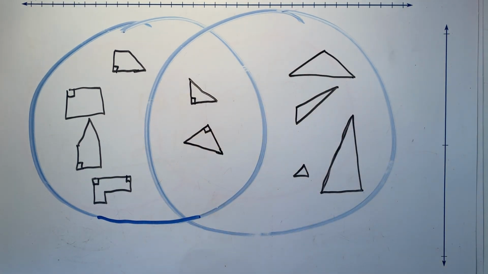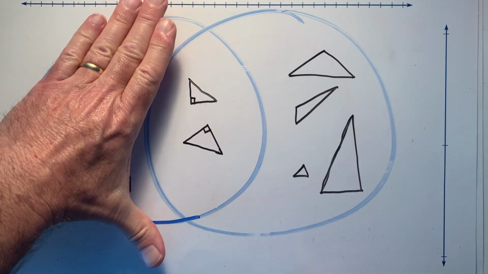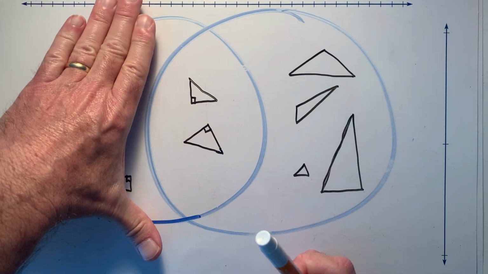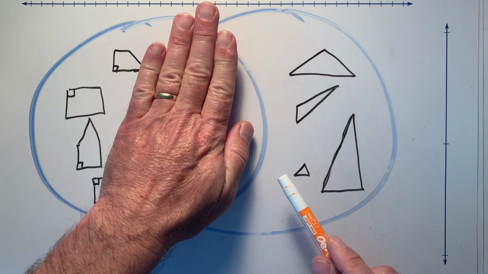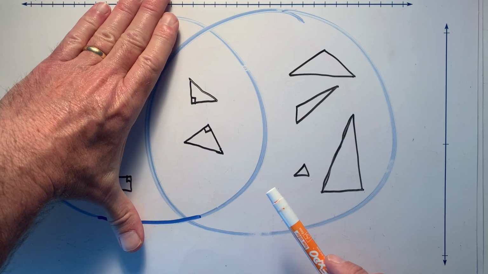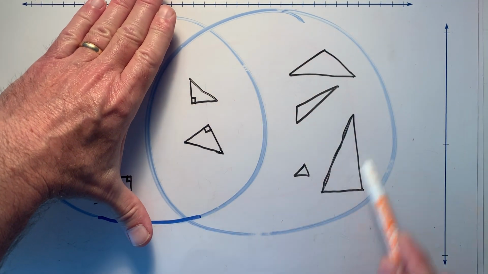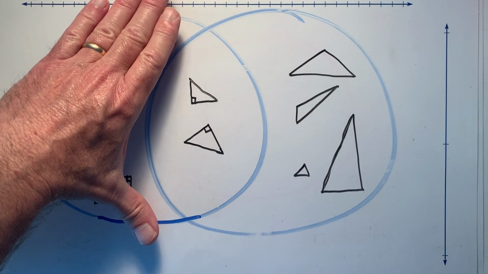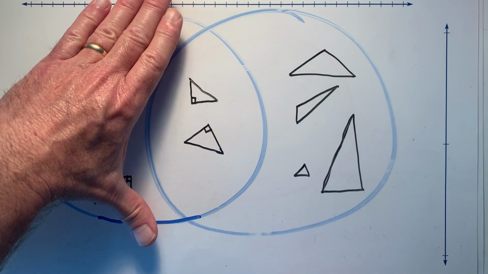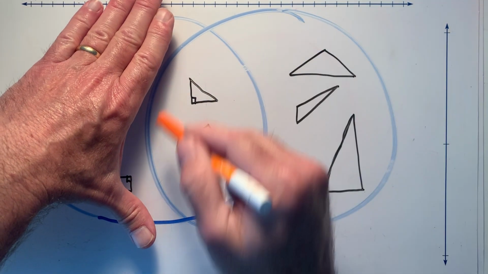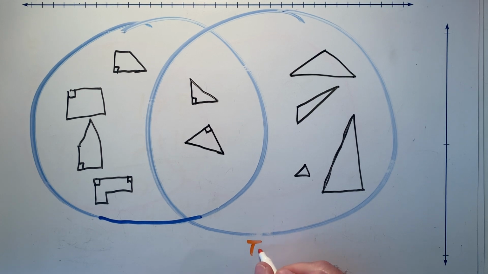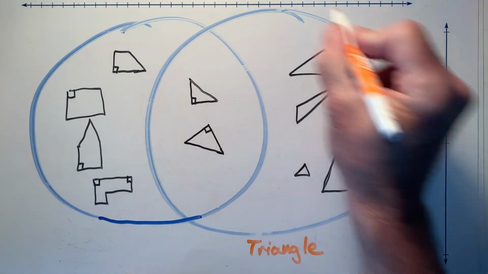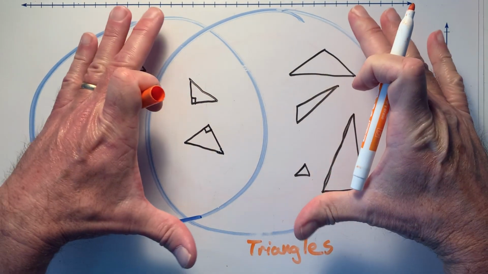And when we look at a Venn diagram, we have to look at the whole circle. So I want you to look at this circle as a whole. Kind of put your hand over this part of the other one. Don't just look at this. You need to look at the whole entire circle. And what do you notice about all of these items? Doesn't matter if they're in this part or this part. What do you notice about all of them? Hopefully it's pretty obvious. These are all triangles. That means this condition is, these have to be triangles in this circle.